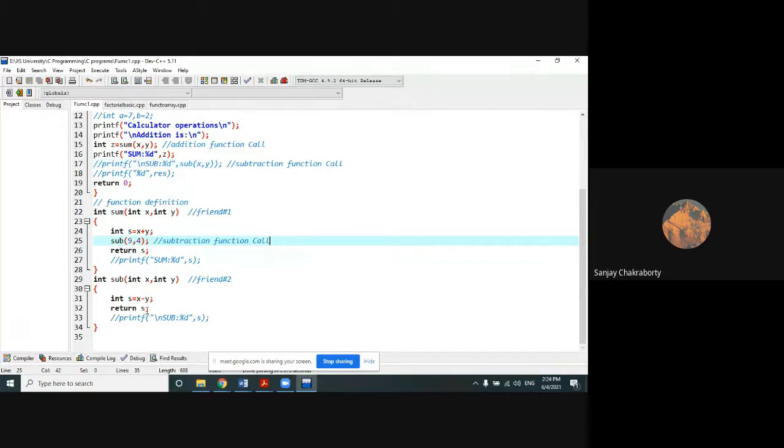So right now, whatever value this subtraction function will return, that will be received by which function? Main method or this method? That will always be received by the summation method instead of the main method, right? So here we can directly print the value of the subtraction. Okay, %d.